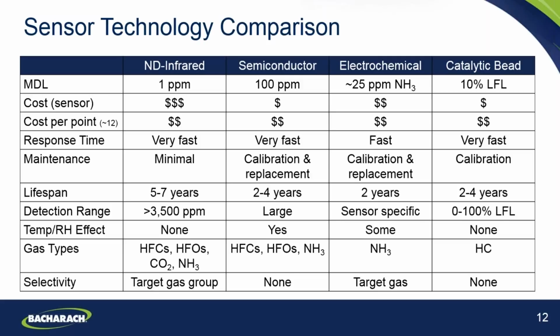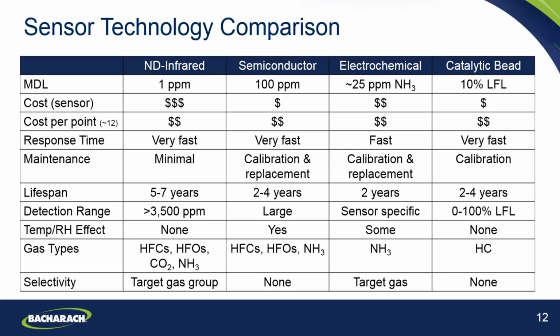Of course, there are cost differences with the sensors. The infrared sensor is the highest cost on a sensor level, with the semiconductor and catalytic beads being lower cost, electrochemical falling in the middle there. However, the non-dispersive infrared sensors are often used in aspirated systems where a sample is drawn back to a single sensor from multiple locations. So if we then look at the cost per sampling point of the different sensor types,